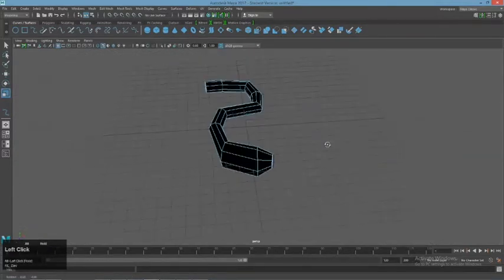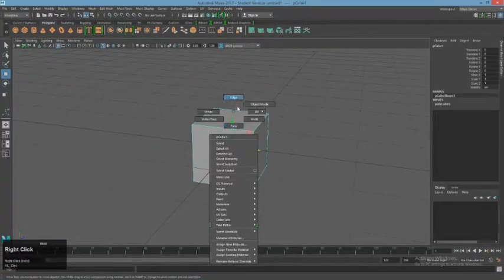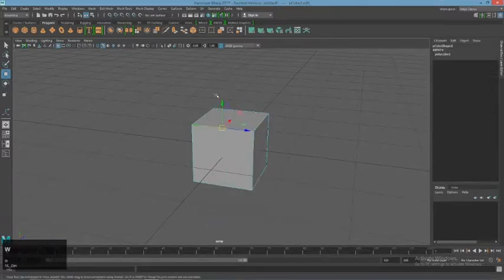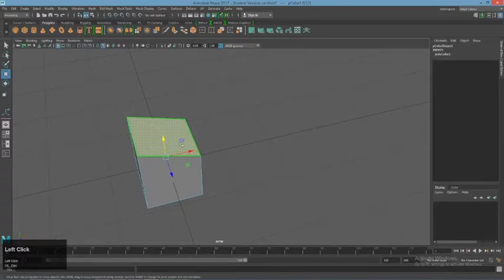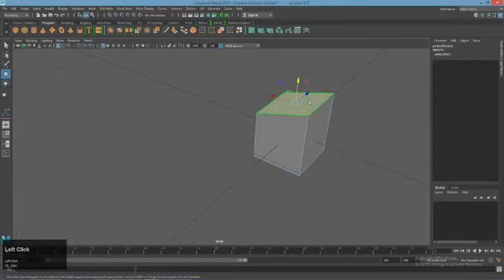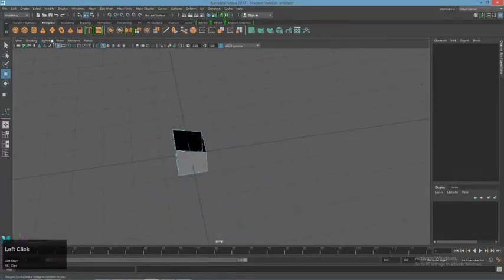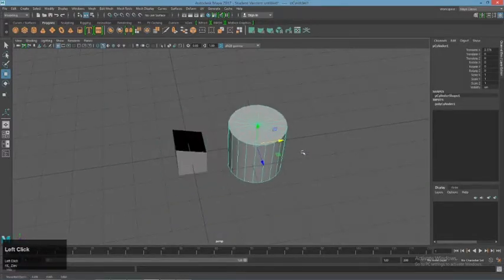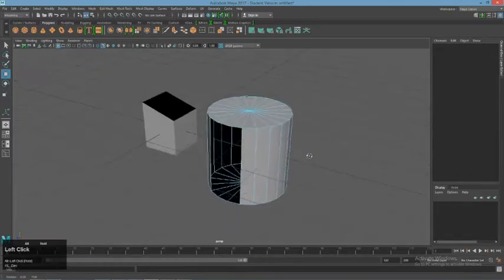Make my little snake. Okay, so you can do interesting things with shapes once you learn that you can select their various components. You can actually delete them too. So a face, for instance, can be deleted. Oops, I accidentally got one behind it. There we go. A face can be deleted, which makes something like a container, right? And so if you have different types of components, you can select faces, delete them, and create different shapes based